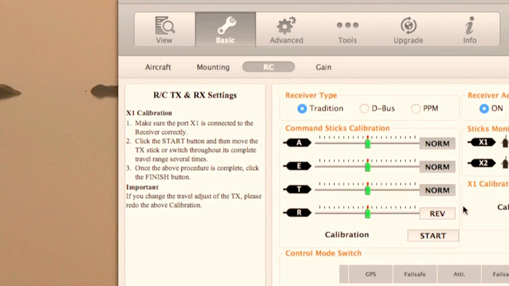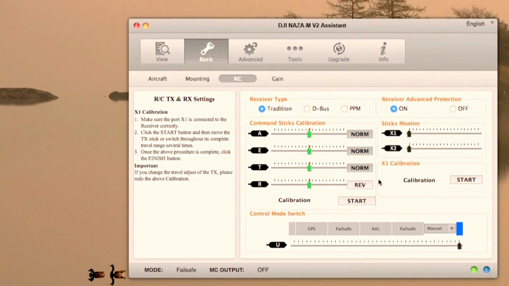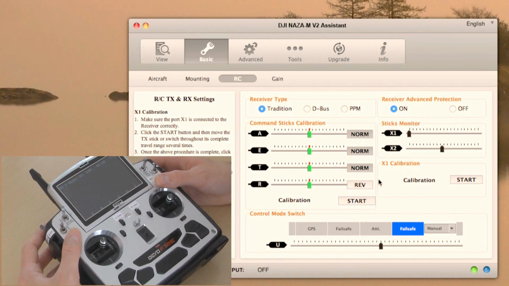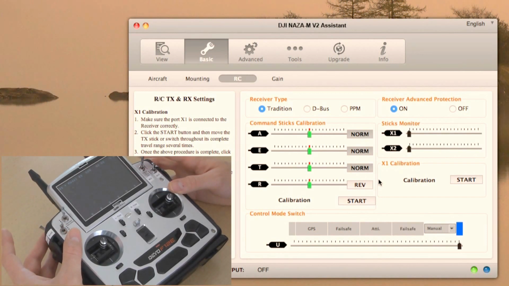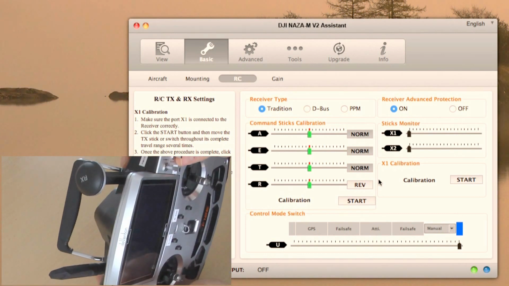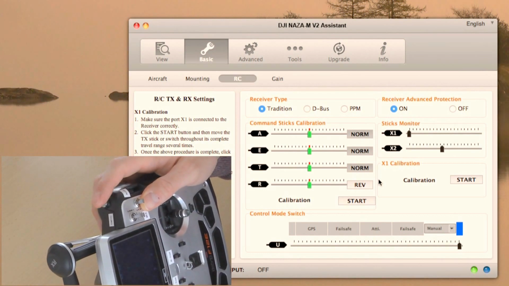Now let's talk about the switches, which is the more important part of this video. In the NASA Assistant software you can see that there are 3 channels that can be triggered. If I turn on my switches one by one, I can see that the different channels are moving. So channel U in the software is moving when I switch the mix switch on the transmitter. Channel 1 is mapped to the rudder switch of the transmitter, and channel 2 is mapped to the F-mode switch, which is the switch on the right shoulder of the transmitter.